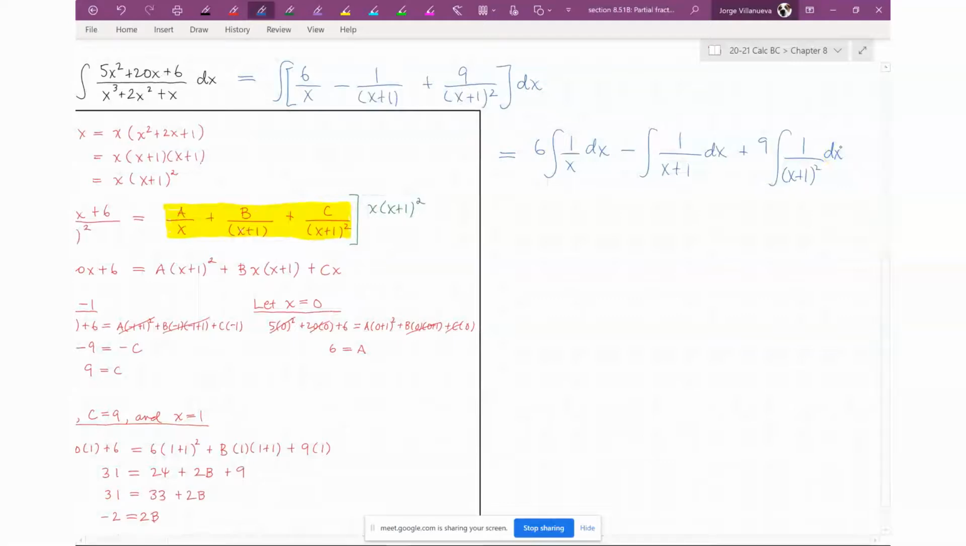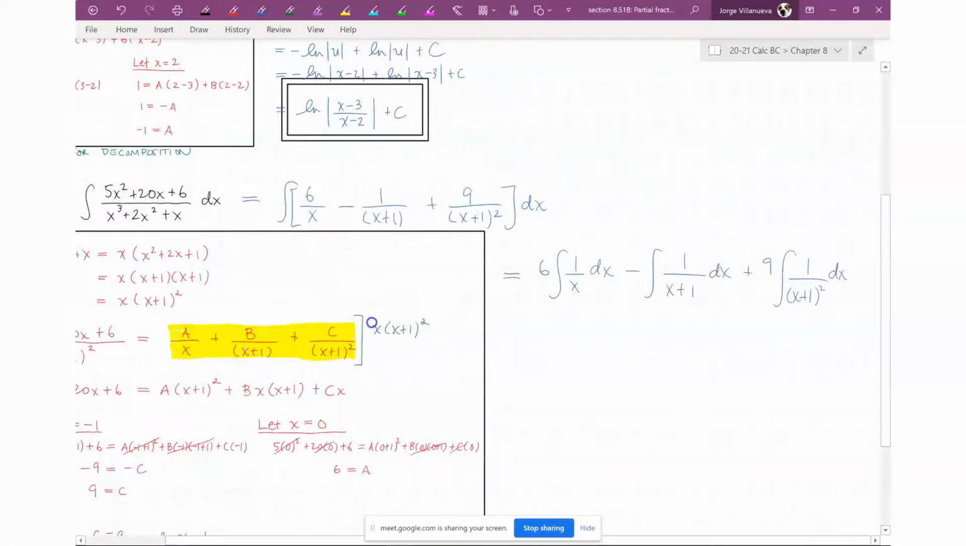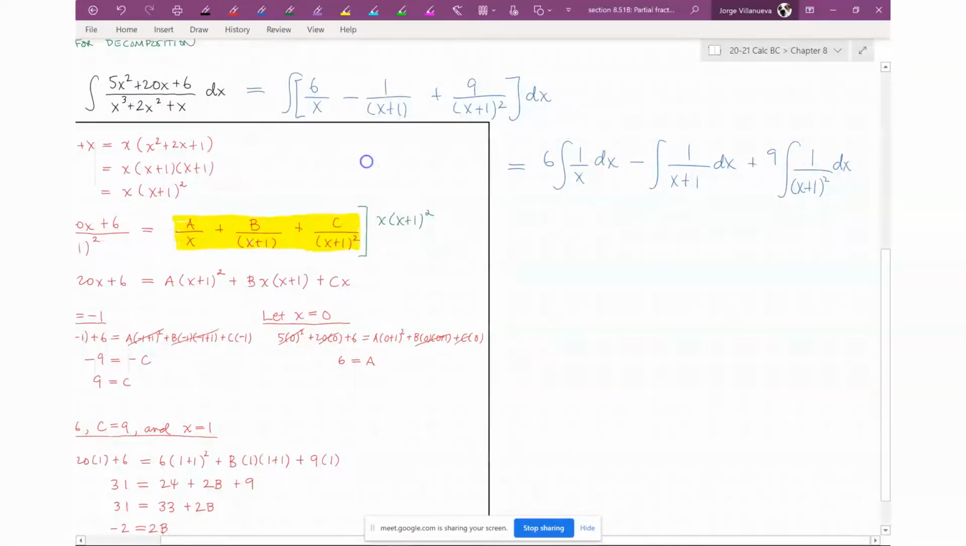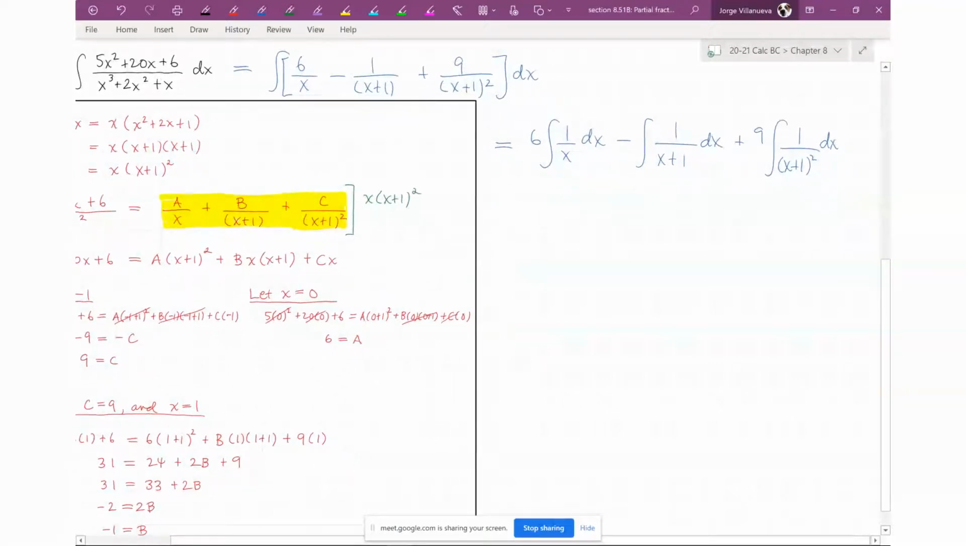All right. Now we know the integral of 1 over x dx. That's just ln of absolute value of x plus c. Right? Actually, hold on. Did I put plus c? Okay, good. I was getting a little worried. I thought I forgot to put plus c at the end of my problem. But no, I didn't. So the very first part is 6 ln absolute value of x, okay,